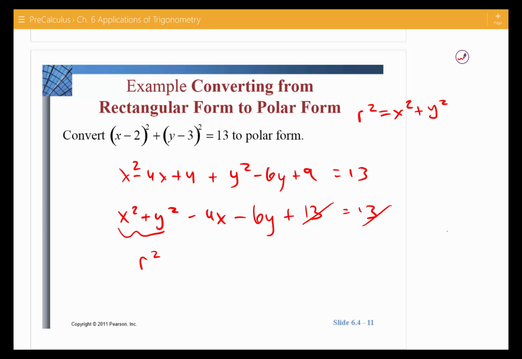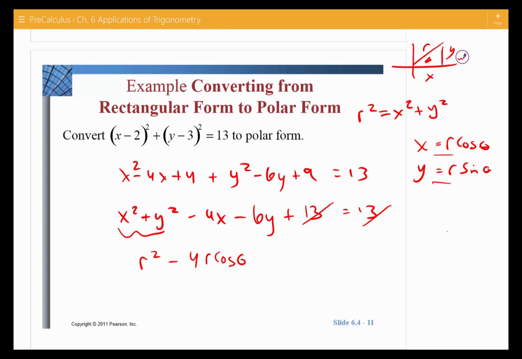I know that x is equal to r cosine of theta. I know that y is equal to r sine of theta, right from our triangle once again that we put in the first quadrant, where this is x, this is y, and this is r. This is theta. You get these relationships right here as well, like we talked about. So I'm going to replace x with r cosine of theta, because I'm trying to get rid of all x's and y's to put it into polar form. Y is r sine of theta